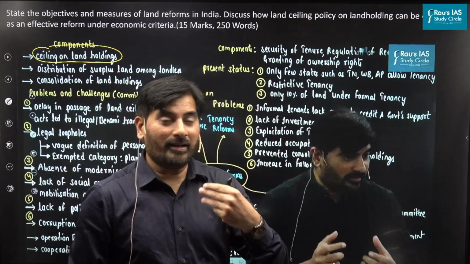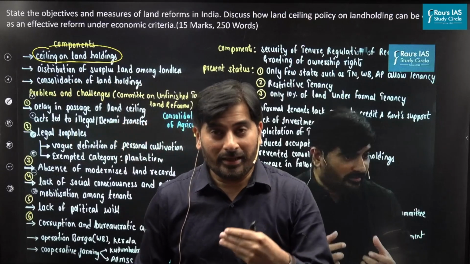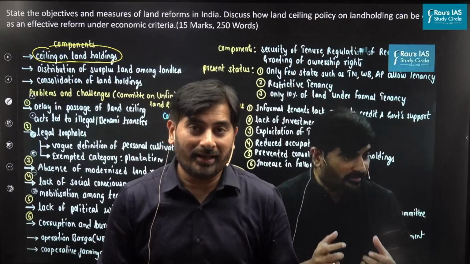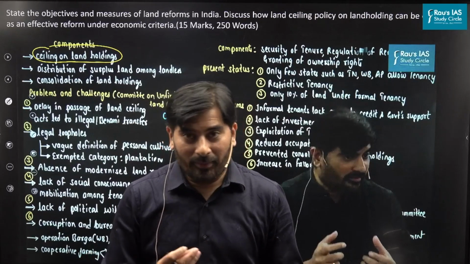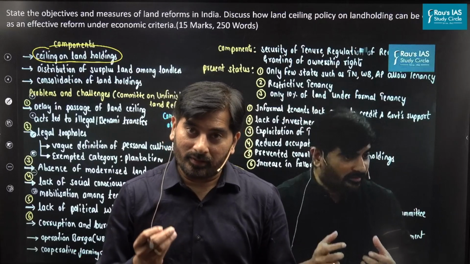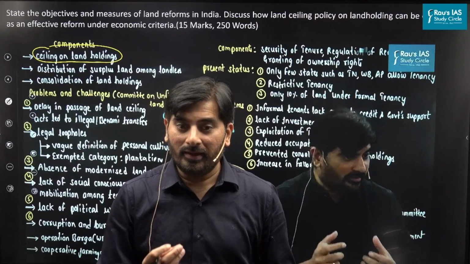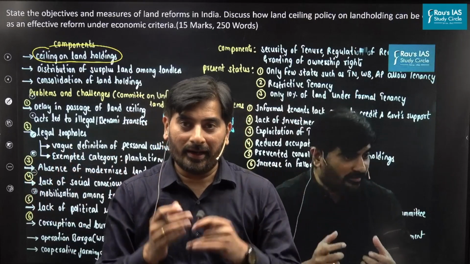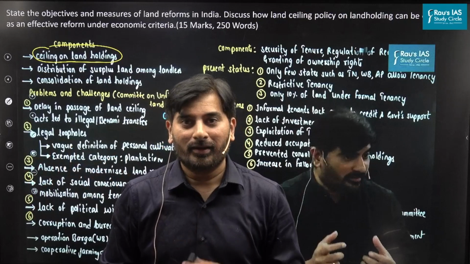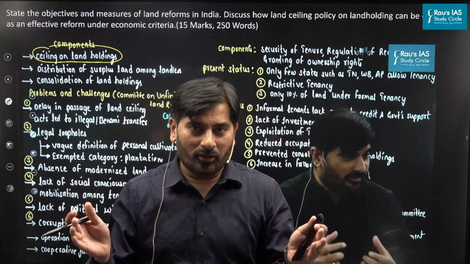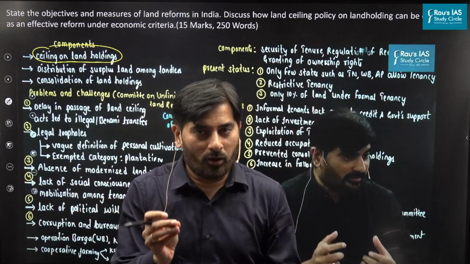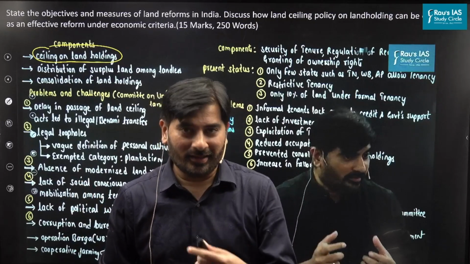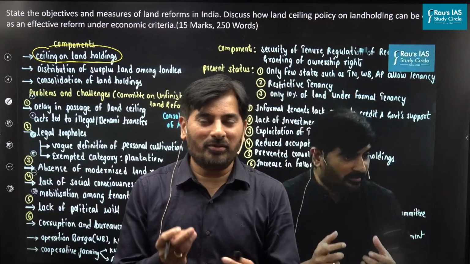By implementing land ceiling, we were able to promote equity in terms of land ownership and promote a kind of egalitarian society. Apart from that, it is also said that the land ceiling policy led to the breaking down of large land into small land. It is expected that once a large amount of land is broken down into small land, the overall productivity of the land would increase. These are some of the points that you could have